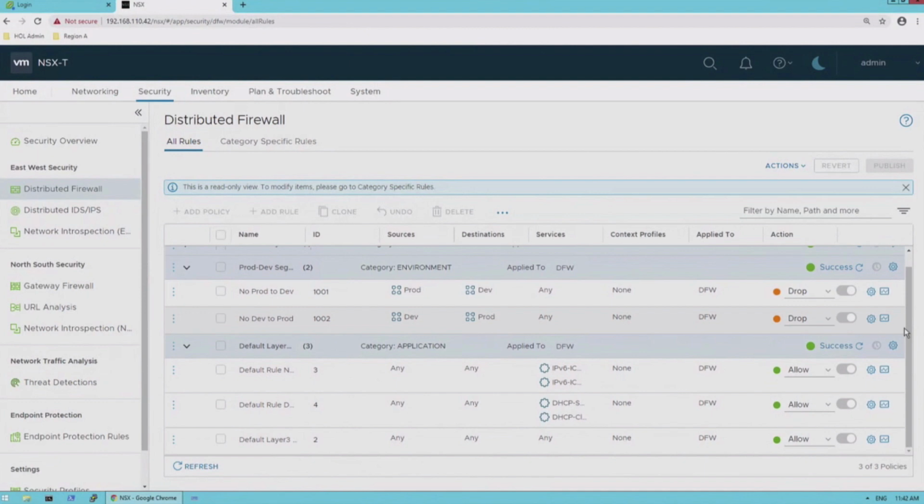Now, I could take these same steps and pick my next segmentation goal. Maybe I have something that has to do with compliance mandate. Maybe I've got PCI, non-PCI workloads. We can take and create the same type of policies, creating those two groups, tagging the workloads. Another common one we see is I just want to take every one of my VDI desktops and keep them from talking. We can do that with one rule saying VDI desktops that are all tagged cannot talk to any